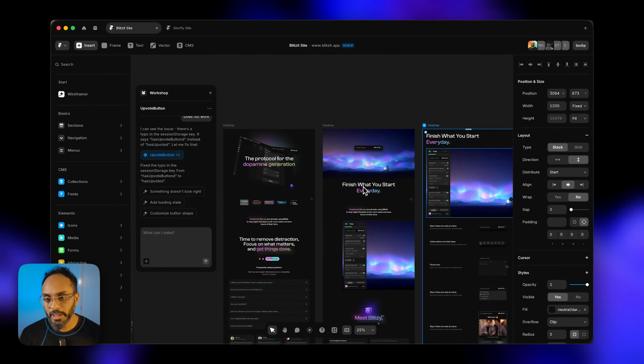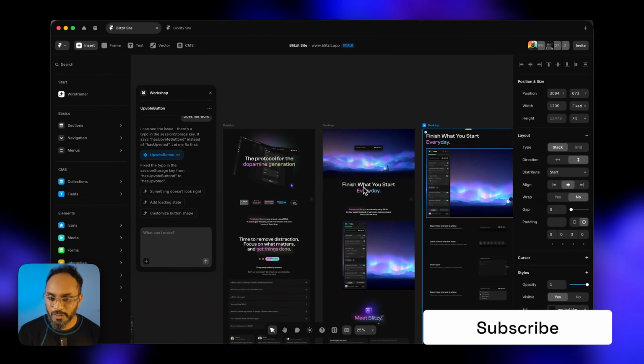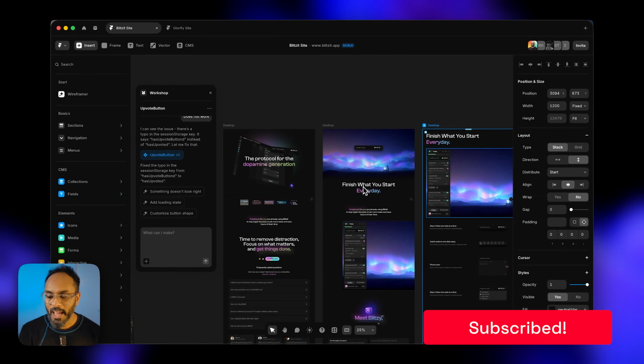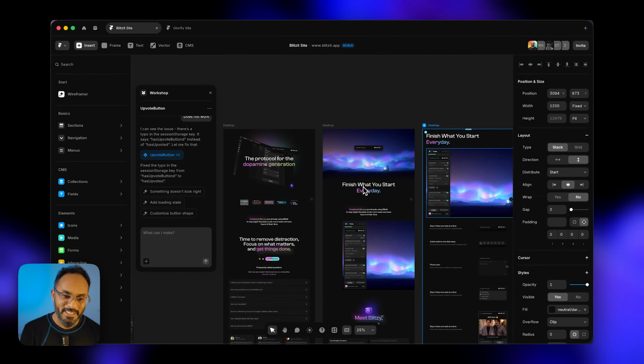And I'm pretty sure as the market continues in the direction where AI becomes more agentic in these types of tools, then you'll start to see the shift where we'll turn more into directives, less on the mouse, less pixel pushing. But that skill of pixel pushing, that skill of knowing how things come together to look good is still going to be super valuable. And if you don't pixel push, if you're not a hands-on designer, I don't think you'll be effective at directing either. So there's a catch-22. It's very interesting to see where the industry